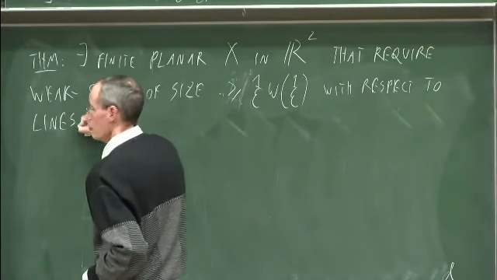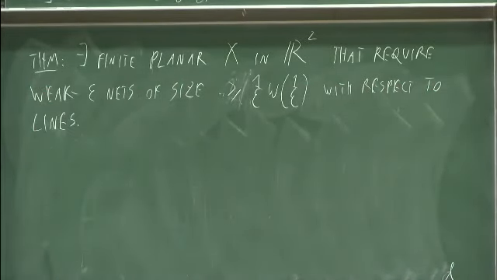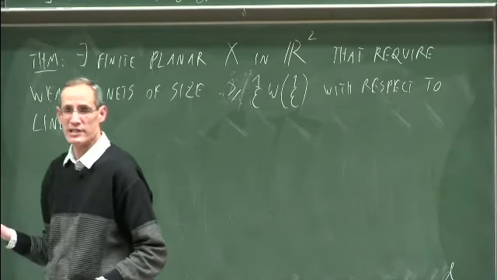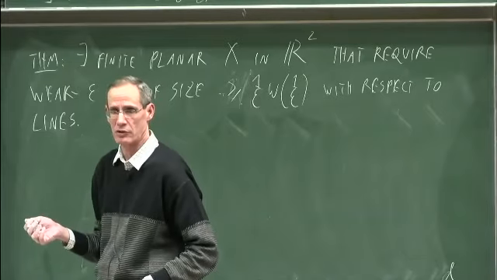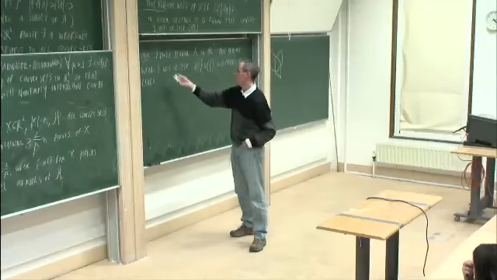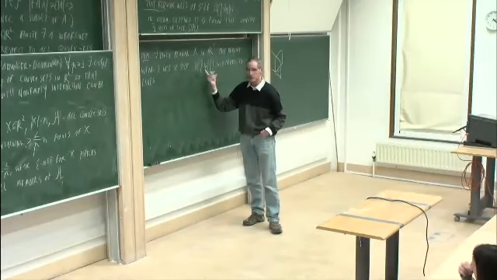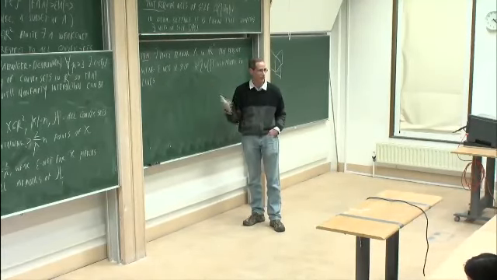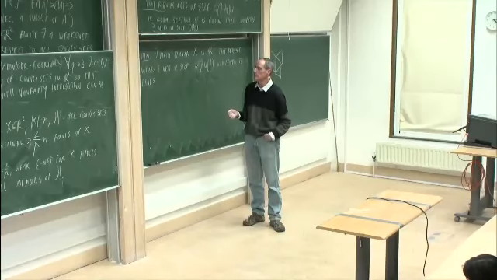So with respect to all convex sets, I told you that the upper bound is 1 over epsilon squared. Even for that, until about a year and a half ago, there was no non-trivial lower bound. But then there is a bound more recently by Bukh, Matoušek, and Nivasch, which is a lower bound of 1 over epsilon log of 1 over epsilon. But this is with respect to all convex sets. So this is a much weaker bound because it's inverse Ackermann, but it's with respect to lines. So we don't allow all convex sets, but we allow only lines, and still,